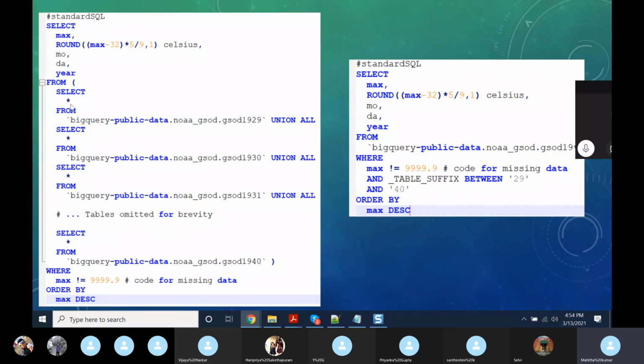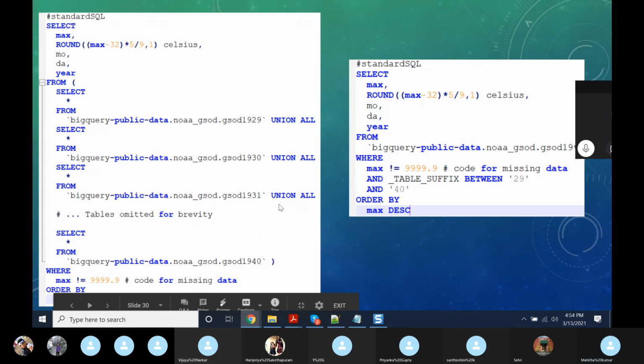From there we are selecting 1929, 1930, 1931 data, also 1940. So this query is getting the data from 4 years. And the condition is this one: maximum is not equal to this value. To get the data for 12 years, we have to write this line 12 times.